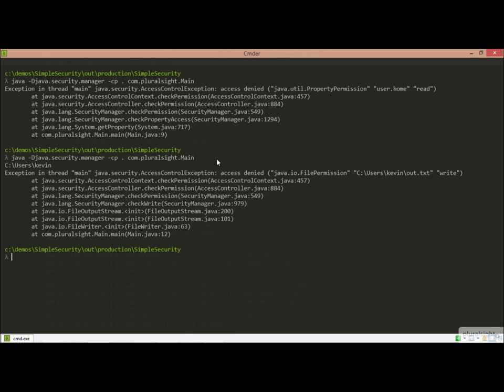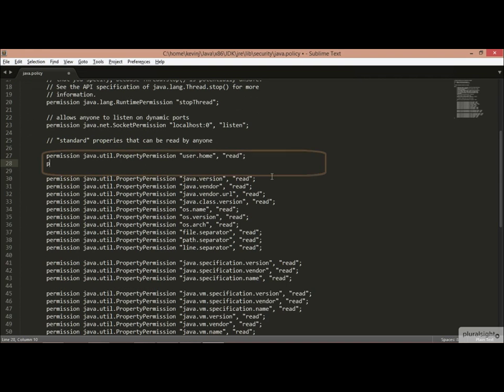Okay, so now we have permission to read the user home property. I notice it prints out my home folder, which is users Kevin in this case, but I don't have permission to write into that folder. And this goes back to where we were yesterday, but now we can use the property expansion in the file. So again, grabbing this error and going back into the policy file. So here I can say